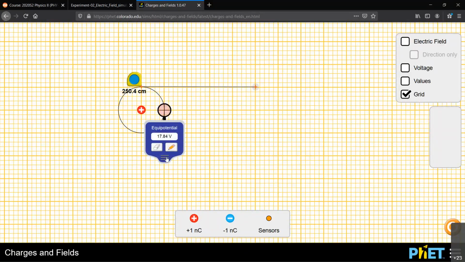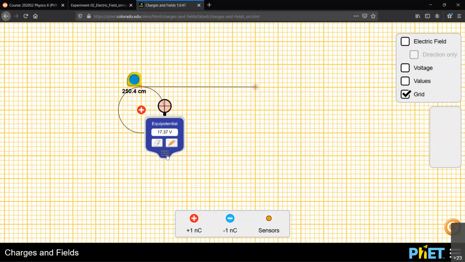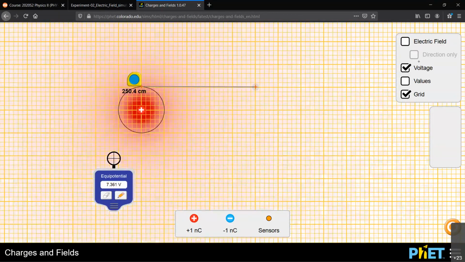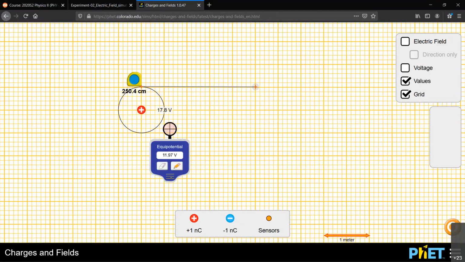So that line, everywhere, if you click and drag this potentiometer everywhere on that line, actually represents the same potential. That is the equipotential line. So that's the idea. Now, to see that number, you can see the icon called voltage on your right hand side top. If you click that, the voltage values are right here. So that value actually shows you the exact value on that equipotential line. Everywhere on that black line, potential is the same. That's the meaning of equipotential.